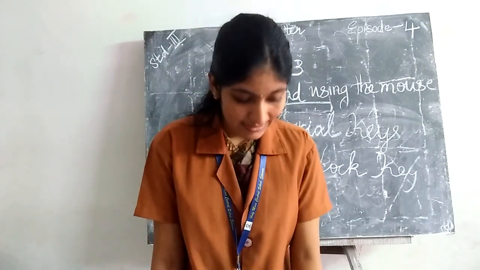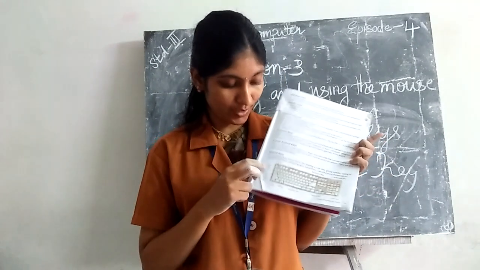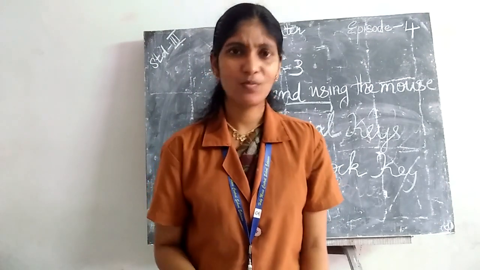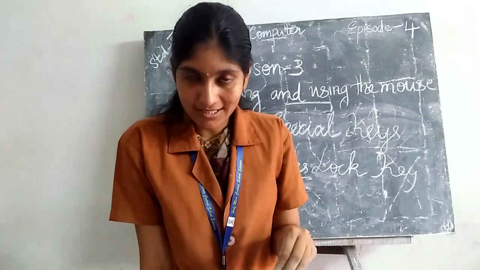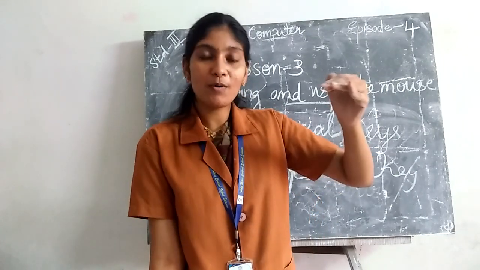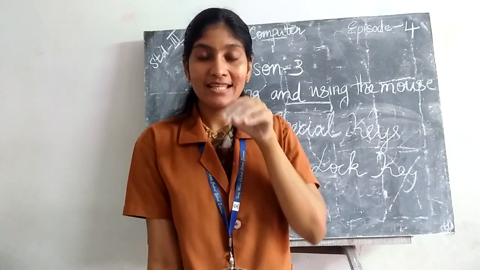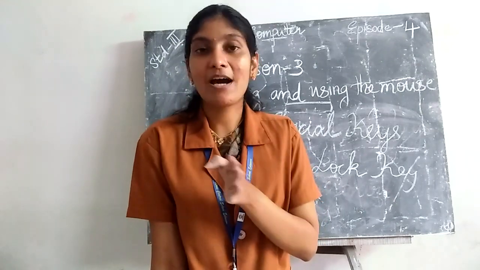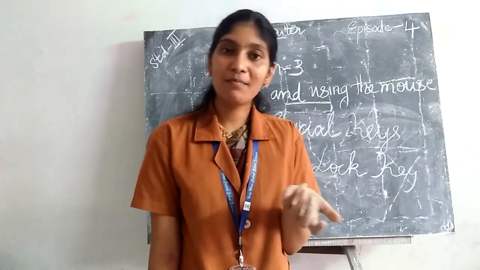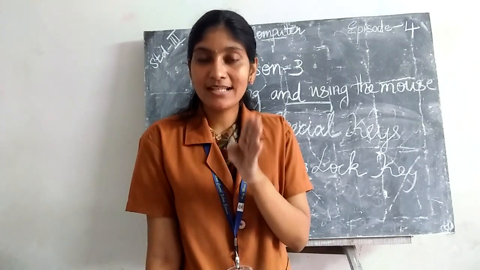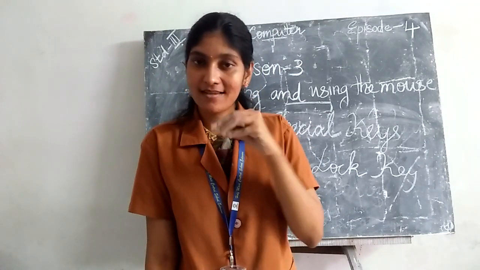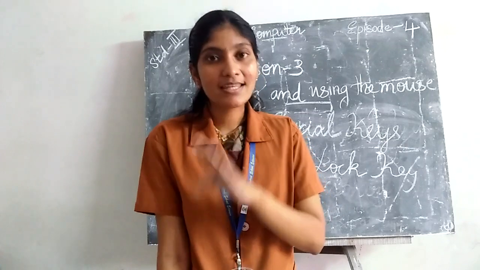That means there is a caps lock button on your keyboard. Here, this is the caps lock button. Then what is its use? When we press this button, a light will appear on the top portion of that button. That means the letters you enter will appear in capital letters. So when the caps lock key is on, the letters will appear in capital letters.